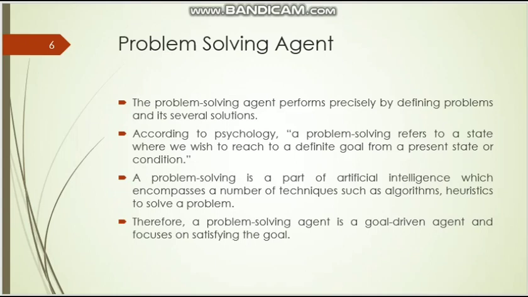So we have already gone through the problem solving agent. In the problem solving agent, we know the category of the agents, and we know how to solve the problems. The problem solving agent is particularly defined to solve a particular problem like a goal based agent, right? And it can be applicable to the search strategy.